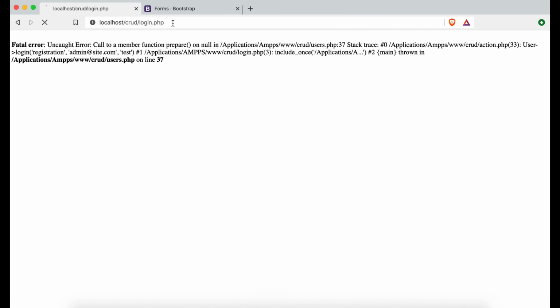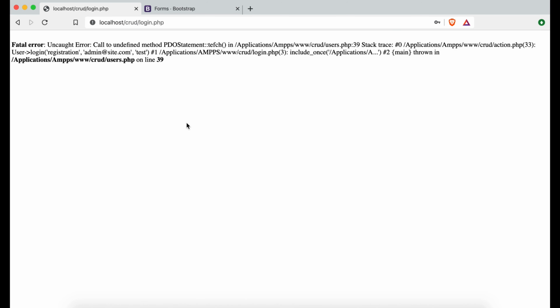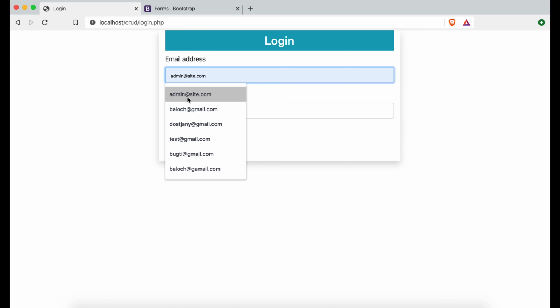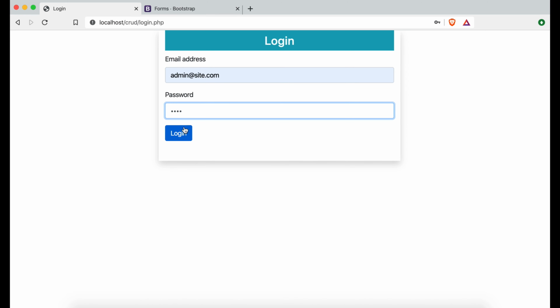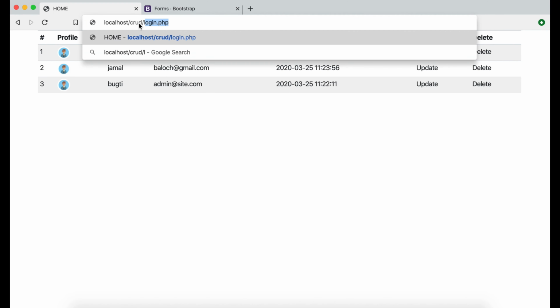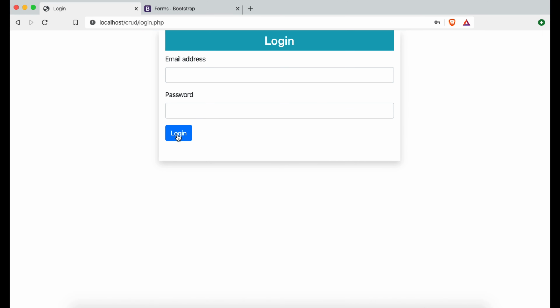So now, and come here, see again, undefined method, fetch, line 29. This one has also the spelling mistake. Now let's see. Test. And here we go. We are successfully logged in. If I go to login, type here this and some other password, what we get, we are not logged in,